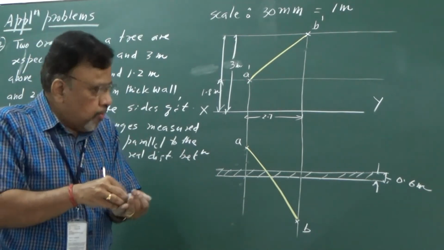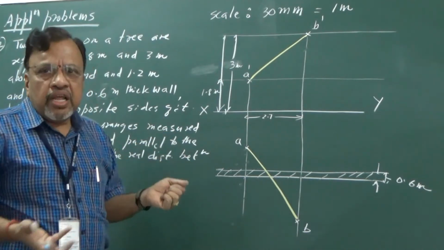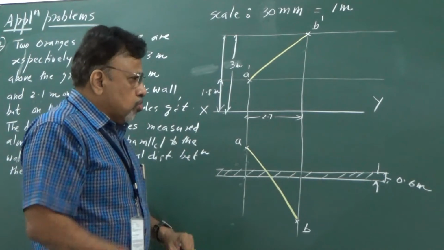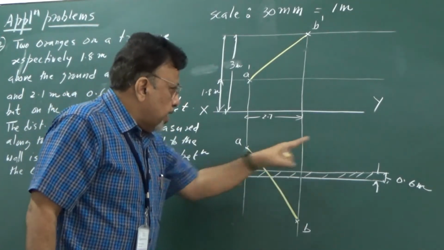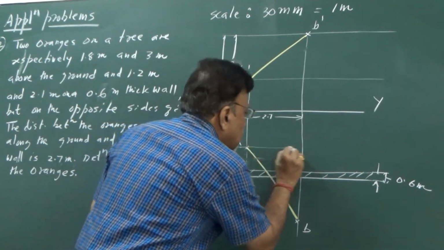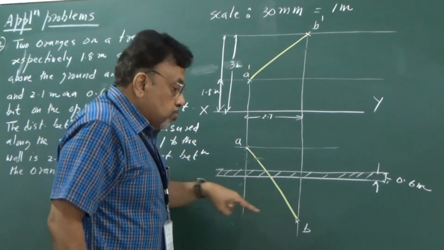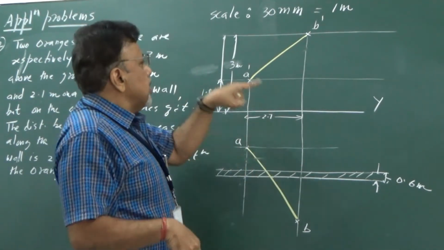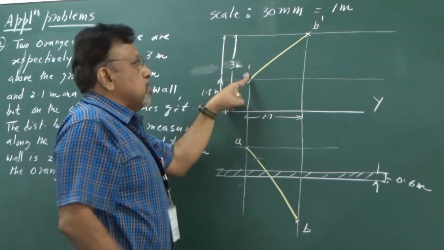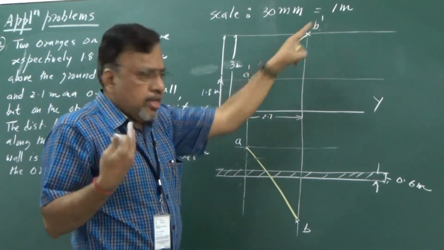As usual, we have done already enough problems like this. I need to make one of the views parallel. Let me say I will make it parallel in the top view. So that means I want to make this line parallel to the XY line with A as my reference. So then what do I do? I will simply draw the locus. Remember, this is the locus of orange A in the top view. This is the locus of orange B in the top view. Similarly here, the locus of A dash will be the orange position in the front view and B dash will be the front view position for orange B. Okay, that's what we have done.